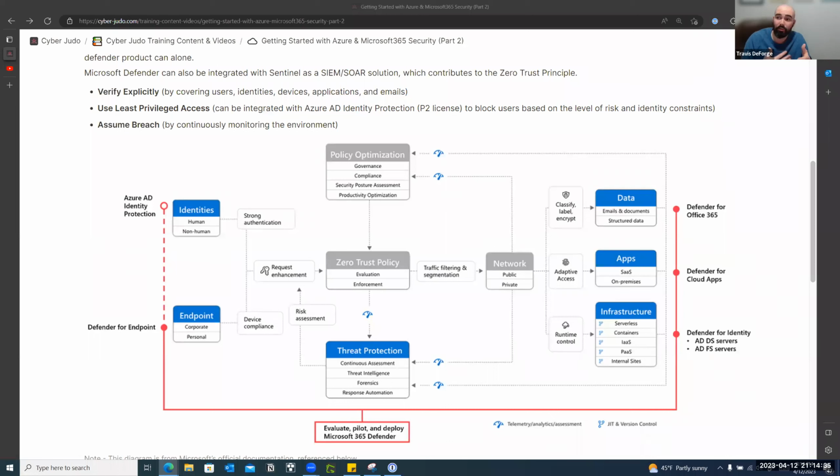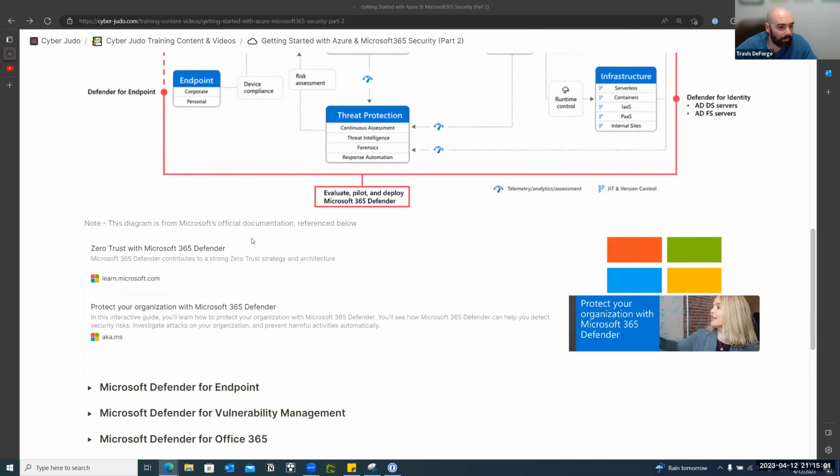You also need to be able to understand where are the weaknesses and where are the vulnerabilities in the entire ecosystem. And that's where you're going to see something like Sentinel or another SIEM or SOAR come into play, where it can take all of those different logs from all those different sensors and ingest that into a way that you're going to be able to action as a defender, or really understand when you're trying to get a grasp on the environment. So we're going to start off here with